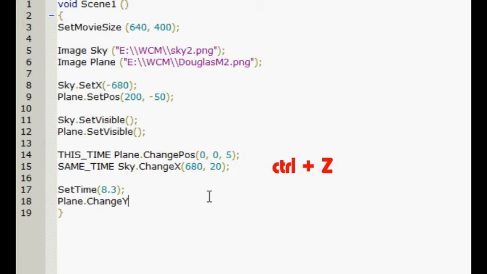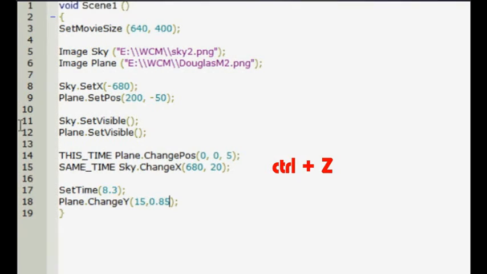at that particular time. Here I try to use cut and paste to create a new movement line, but I did that incorrectly, so I need to undo that action. That I can do using the shortcut Ctrl+Z. That is very handy to have. The movement command that I have put in here is for moving the image in the Y direction. So you have commands for movement and setting of X and Y positions separately, or for setting them together as